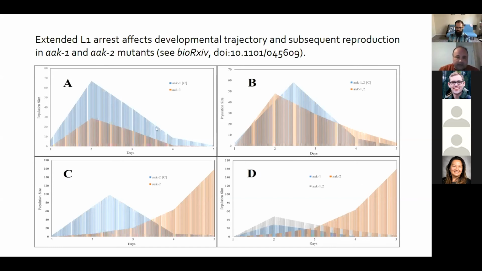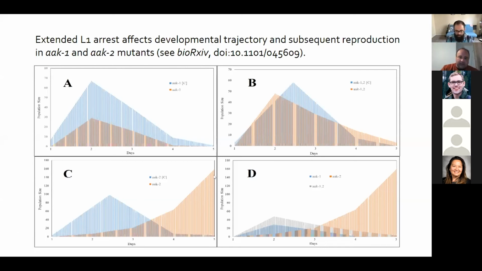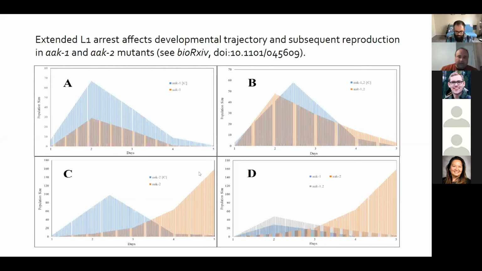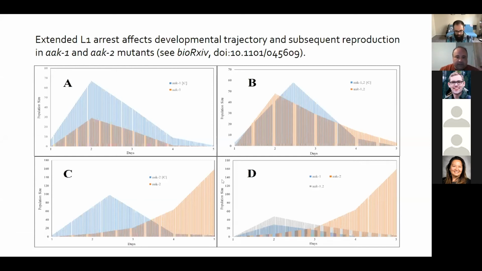And you can see for AAK1, there's a decrease in the kurtosis, and there's no real skew in terms of the reproductive peak. In AAK2, however, there's a huge difference in that the AAK2 mutants that were starved have this very late-in-life reproductive boom. I don't know what else to call it, but there's some sort of protective effect maybe later in adult life that happens. I don't really know how to characterize it other than that, but suffice it to say it's very different from the form that wasn't starved.